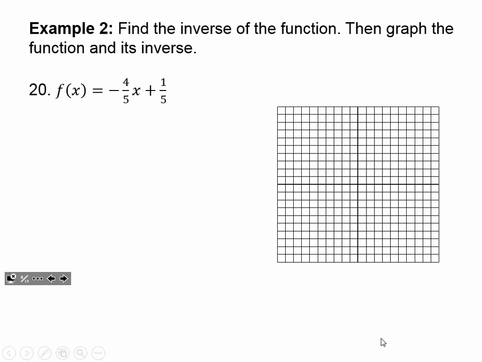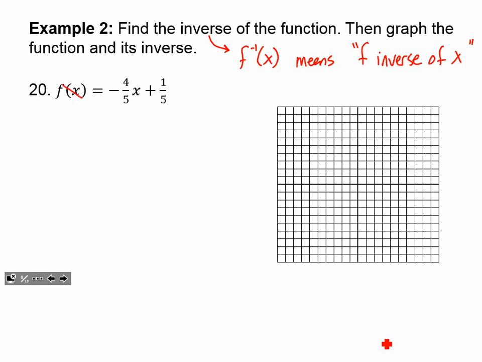All right, next example. Here we want to find the inverse and then graph the function and its inverse. Well, to find an inverse, we're going to do exactly what we just did. Often you will see the inverse of a function, like here we're starting off with f of x. F to the negative first power of x means the inverse. It doesn't mean 1 over like a negative exponent typically would, but it's understood to mean the inverse. So let's make a little note. F to the negative first power of x means f inverse. It's a different type of function, f inverse of x.